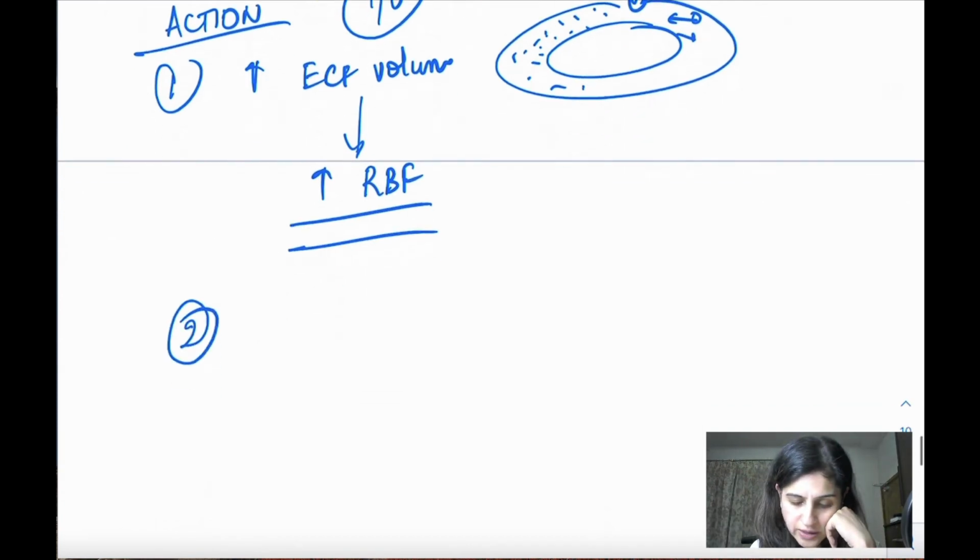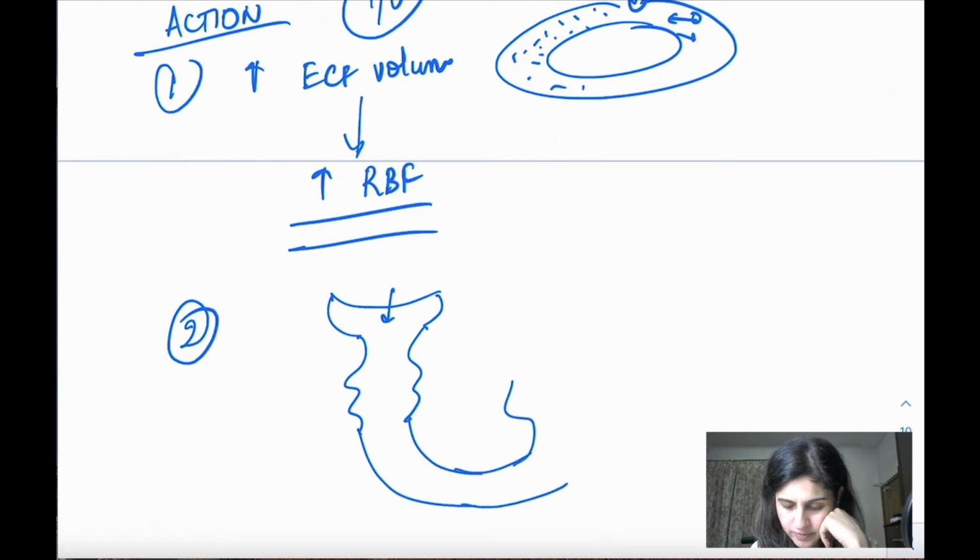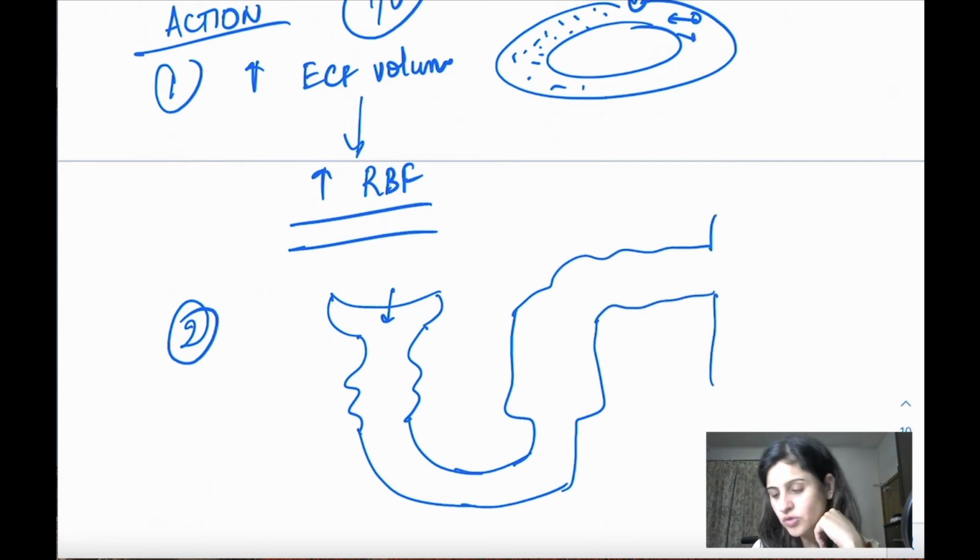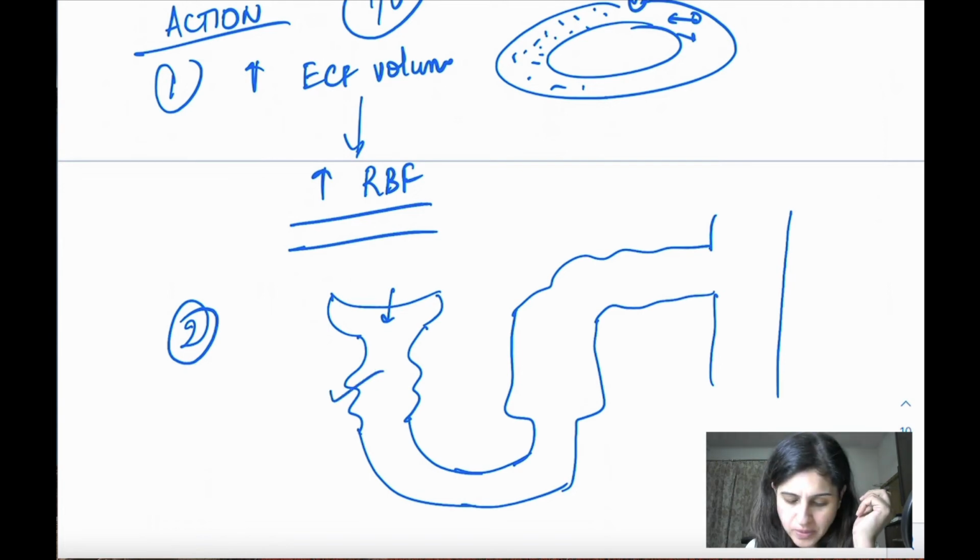Now when it gets filtered through the glomerulus, ठीक है, ये mannitol है और ये PCT है, and then this is the loop of Henle, ठीक है, and then this is the DCT, and so on and so forth. It has action on 2 points. One, it acts on PCT, and one, it acts on the loop of Henle usually. Primary action is here at the loop of Henle. In the PCT, this is a secondary action.